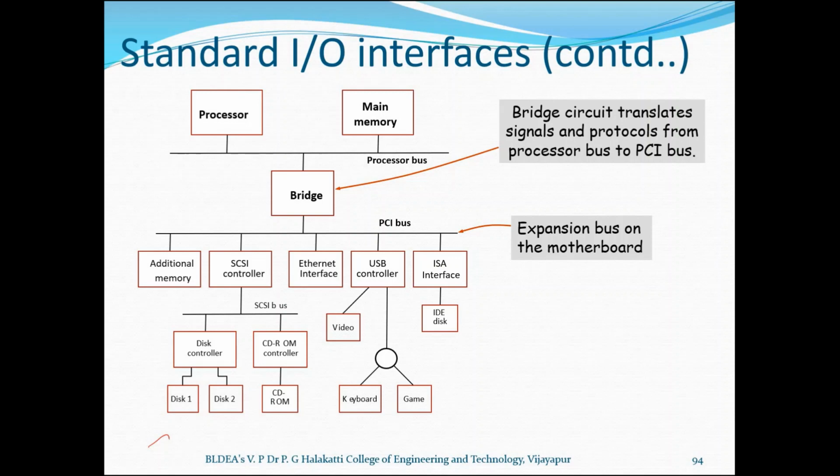Now, as you are seeing in the diagram, it shows a connection to Ethernet, and Ethernet is the IEEE 802.3 standard, which is widely used to provide high-speed connection among computers within a small geographical area like a company, office, or university campus. Now, such interconnection of computers within a small area, maybe around say 1 kilometer, is known